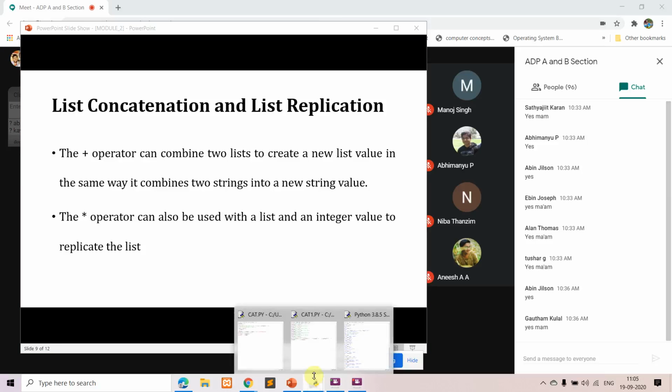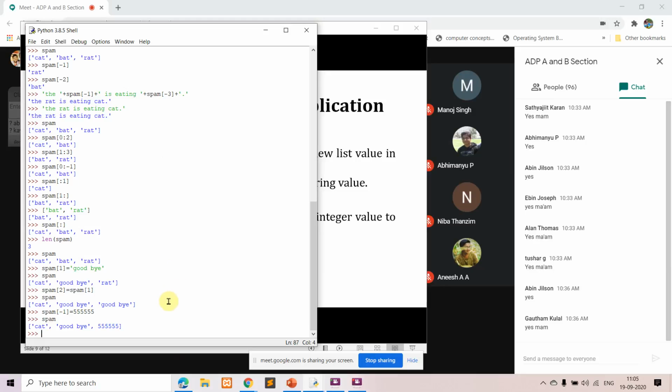So again we'll see it with an example. I'll have a list in which I'm having the value 1 comma 2 comma 3. This is my first list, and for this I will use the operator plus. When I have used the operator plus, what does it do? It is going to concatenate.